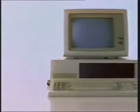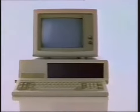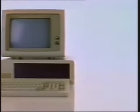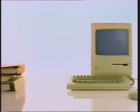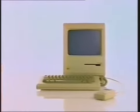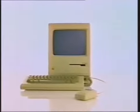This is a highly sophisticated office computer, and to use it, all you have to do is learn this. This is Macintosh from Apple, also a highly sophisticated office computer, and to use it, all you have to do